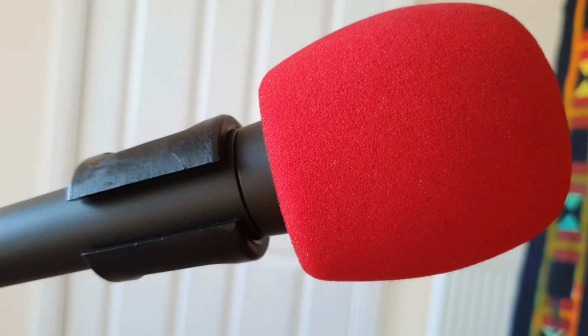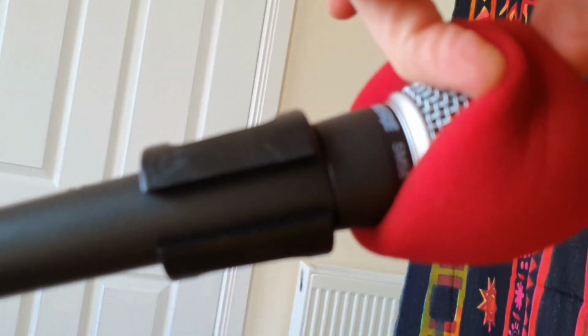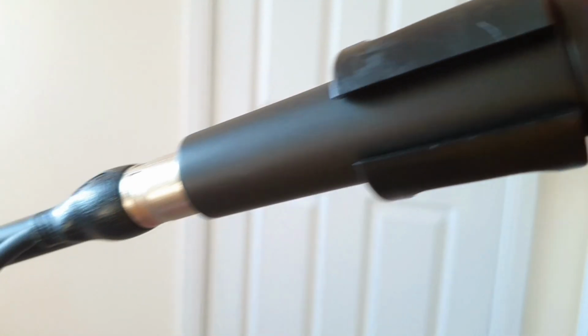So first we have the microphone. Apologies for the traffic noise in the background, it's a bit busy today. I don't know if you can see, this is the SM58 by Shure, and it's quite a clear microphone. I just have this running on my microphone stand, and it comes into my